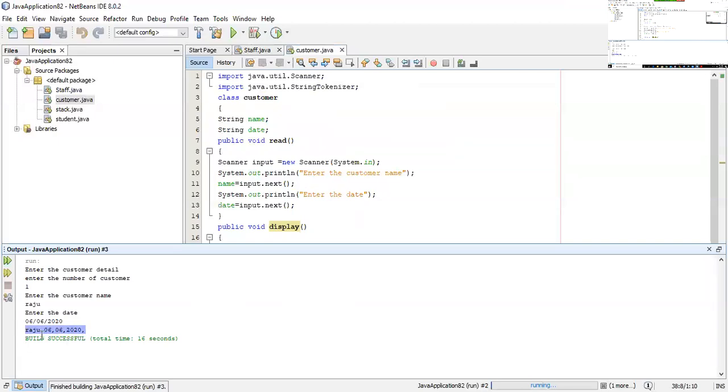Now you see the output we have got. The name, comma, the day, the month, and the year have been separated by using a comma. This is the output. So here you are learning the concept of string tokenizer. When learning it, you should be very careful what delimiter you use. So these are the two programs which you need to study, that is 2A and 2B.